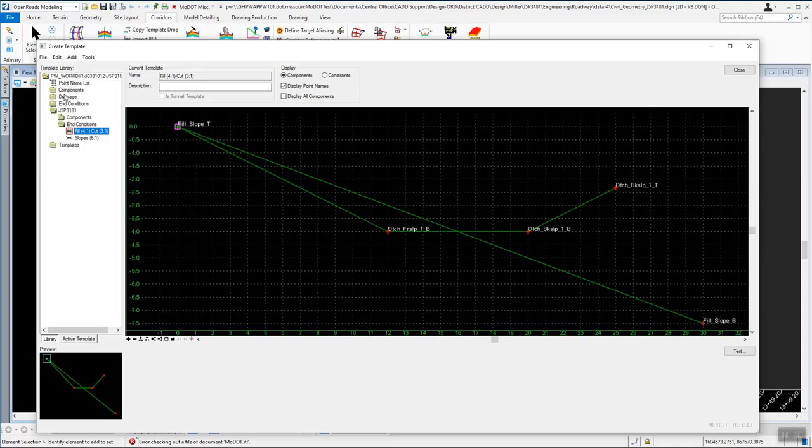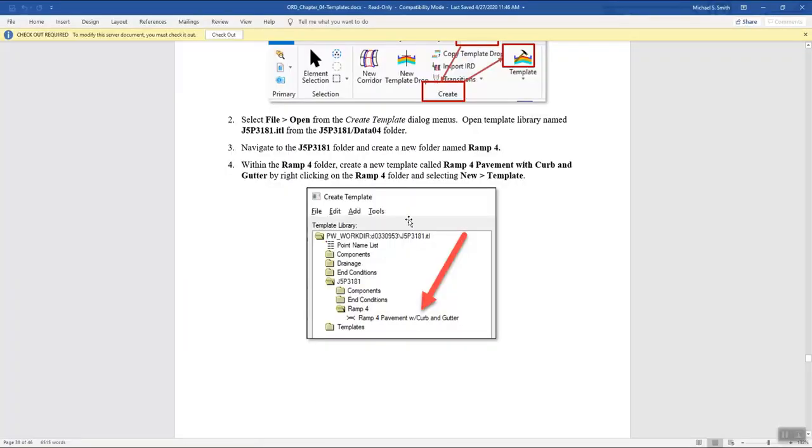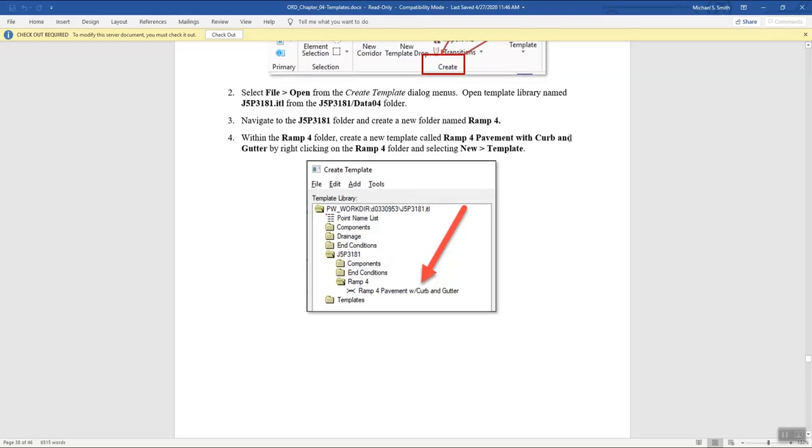So what we're going to do is come over here to the left, and we're going to find our J5P 3181 folder, and we'll highlight it, and then we're going to right click on it and do a new folder. This time we're going to call this one ramp 4. You can have spaces in your ITL, that's not a problem here. And then inside of ramp 4 we're going to right click and do a new template. Okay, our new template, if we take a look at our project here, we're going to name it ramp 4 pavement with curb and gutter. Okay, ramp 4 pavement with curb and gutter,